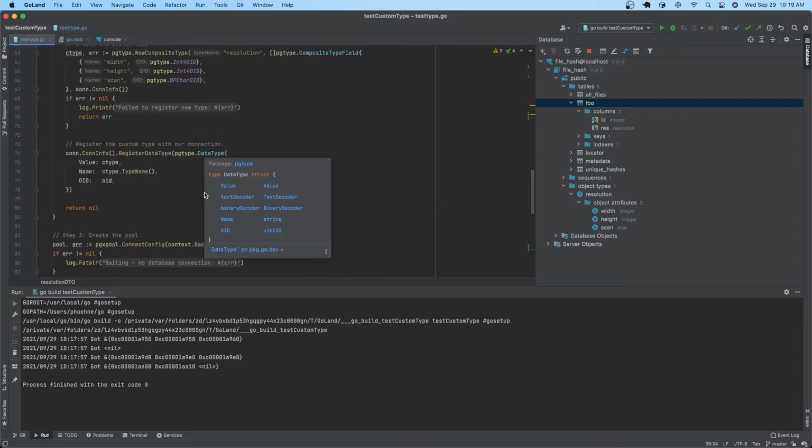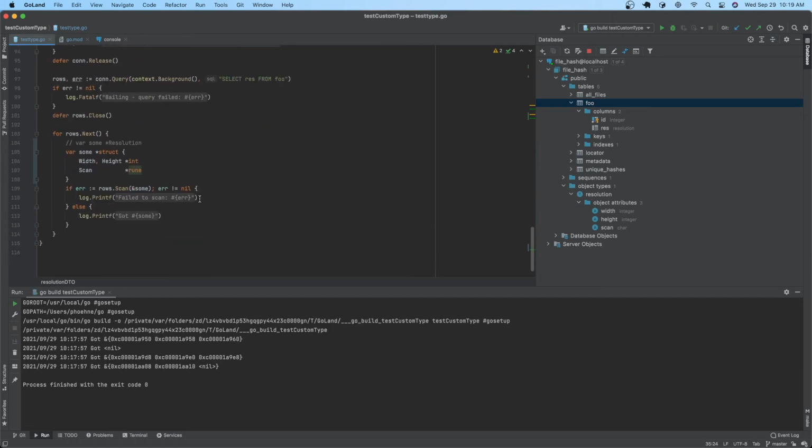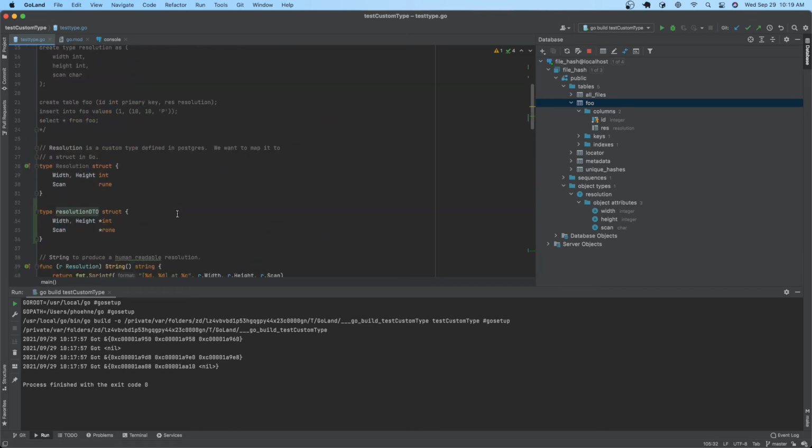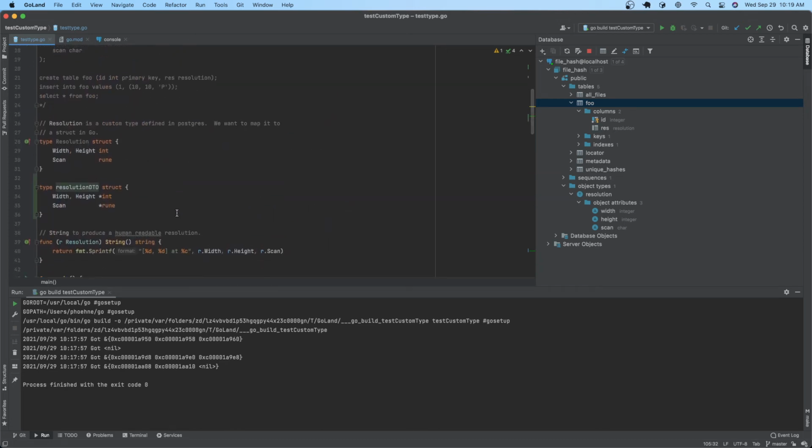And we use that, and let's go ahead and add a string method to it so that type